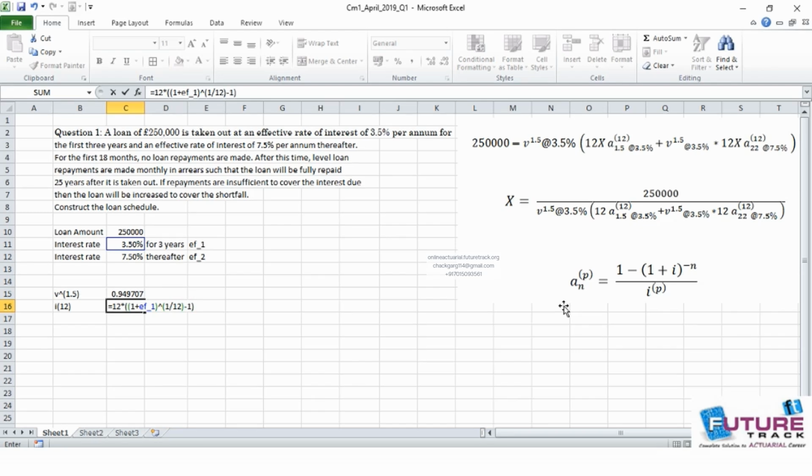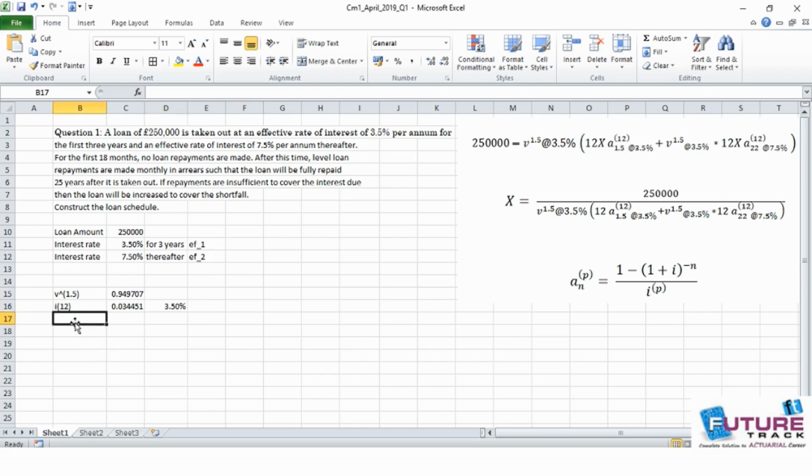So this is my effective rate of interest. This is the way we can convert effective rate of interest to the nominal rate of interest. So we get this as my I12 when the rate of interest is 3.5%. For 7.5% we need to find I12 as well. So let's find out I12 for 7.5%: 12 into bracket 1 plus